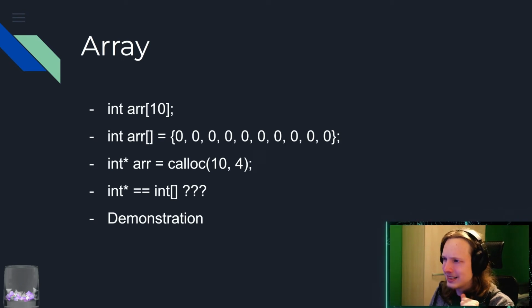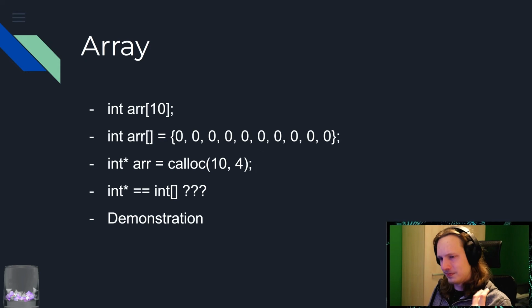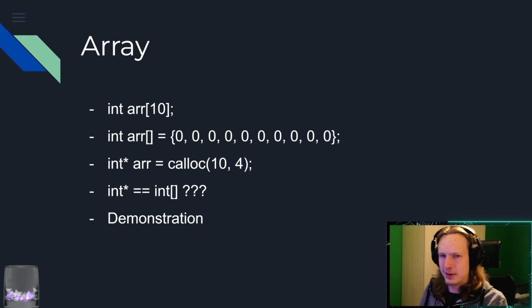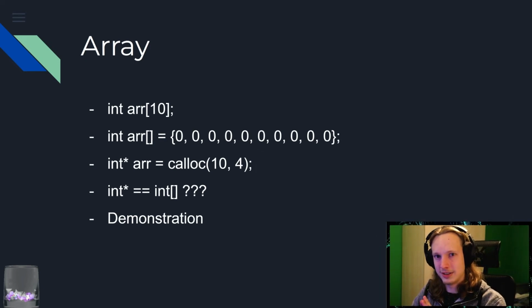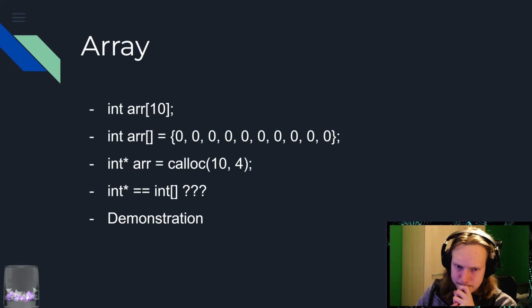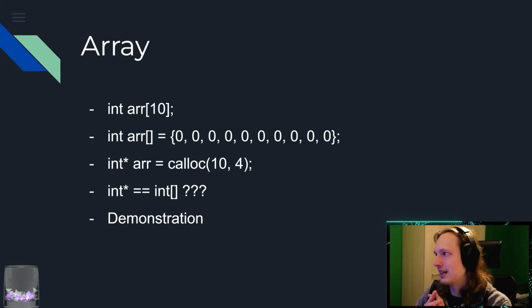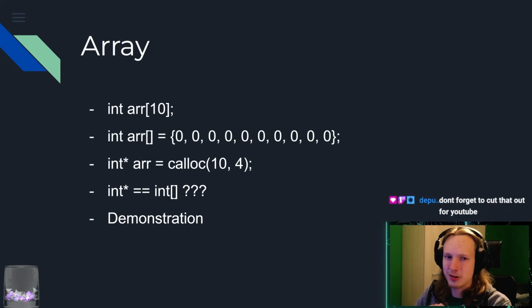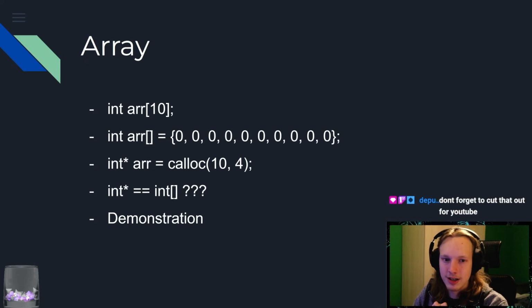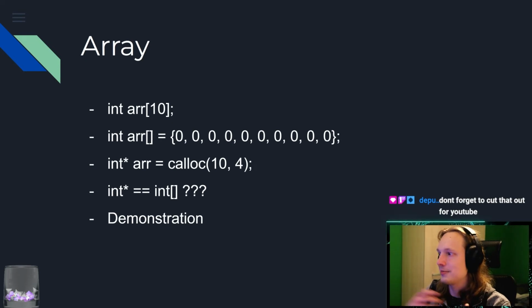Now, maybe you don't really want to hard-code anything. Maybe you want to create an array of a random number of integers. Well, in that case, you can't use these top two array initializers. You'd have to call calloc. So you can get an int pointer array equals calloc(10, 4). This is a function that we kind of introduced in the previous slide, but I skipped the previous slide, so I'm going to have to do that here.